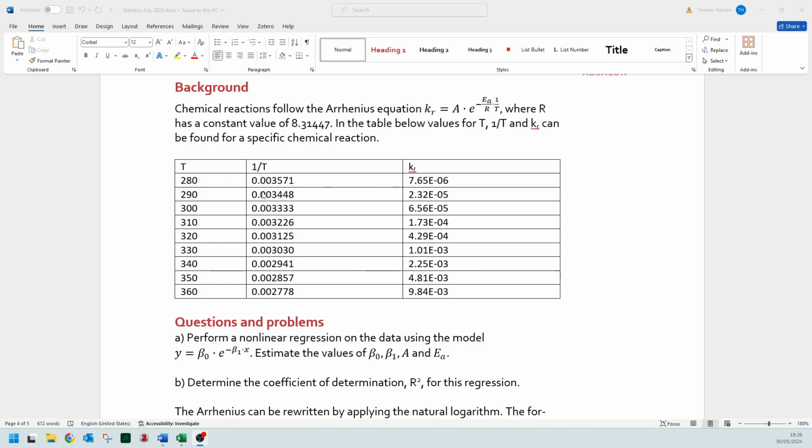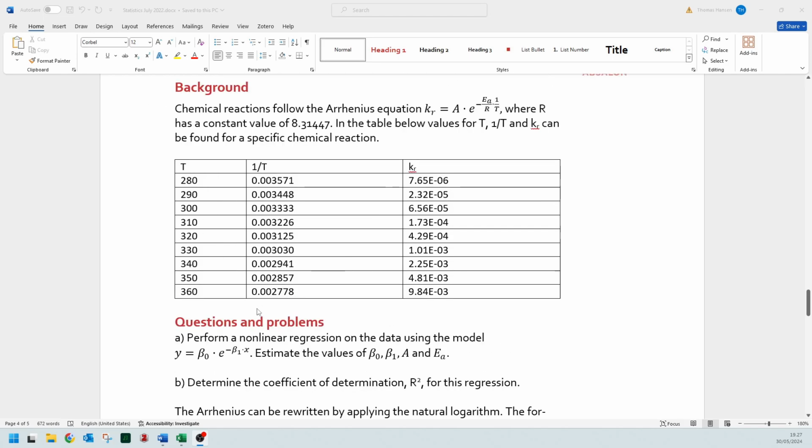Now, I've looked at it already a bit, and I think one of the issues you might have with it is that you're not being given initial estimates for the coefficients you have to find down here. I can see in the solution there actually are some, so I'll be using those. Otherwise, you're going to get a different result. But I'm being told this is the equation we're using. I have a constant R of this value, and then I got a bunch of data that I can try